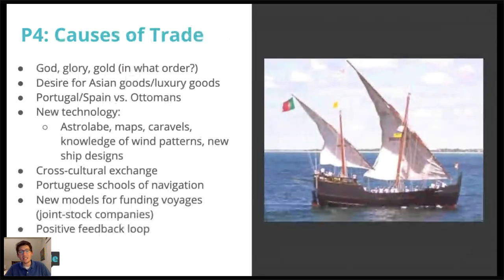Europeans are motivated by spreading their religion to the Americas. They're motivated by doing things first and better and getting rich, right? And depending on the country, perhaps the motivations are different, or perhaps just depending on the person. There's certainly a desire for luxury goods, just like we had in time period 2, especially for goods from Asia,